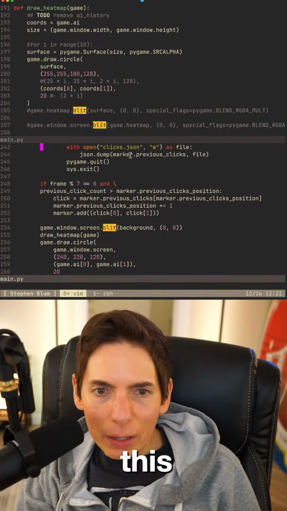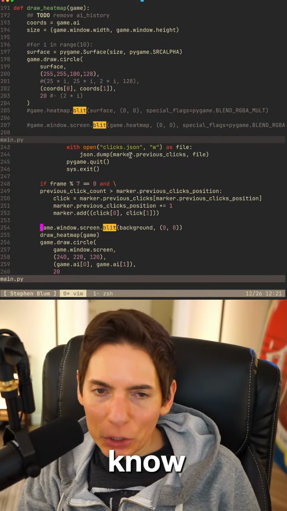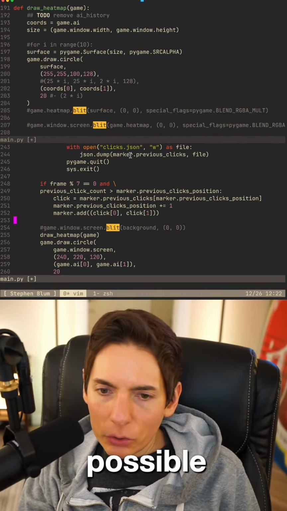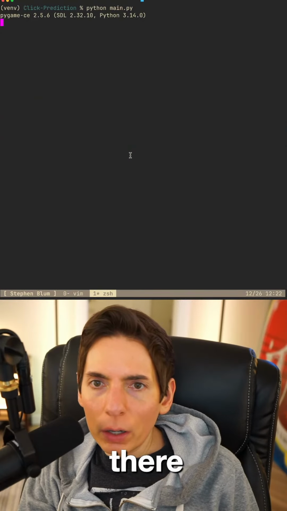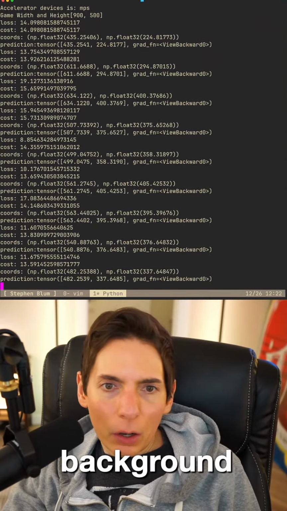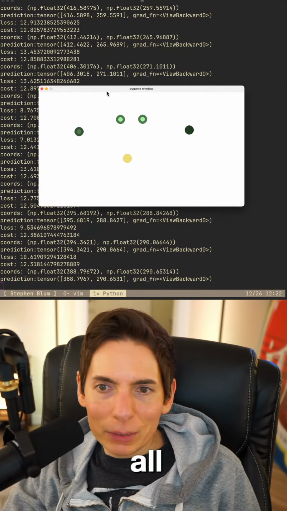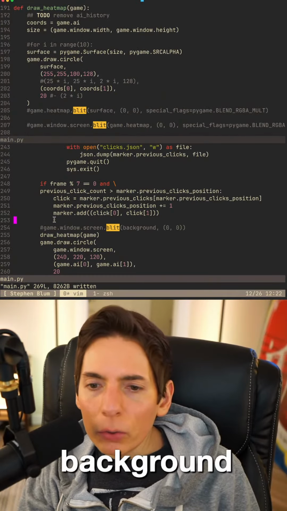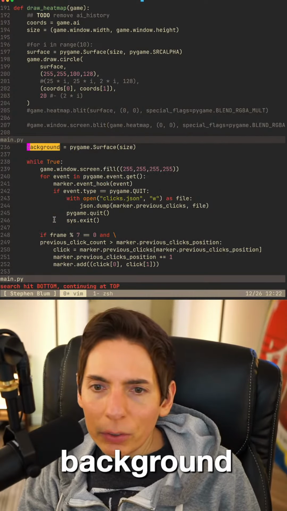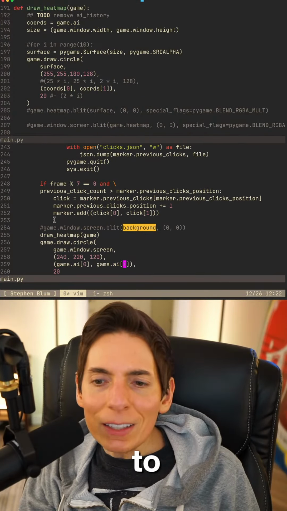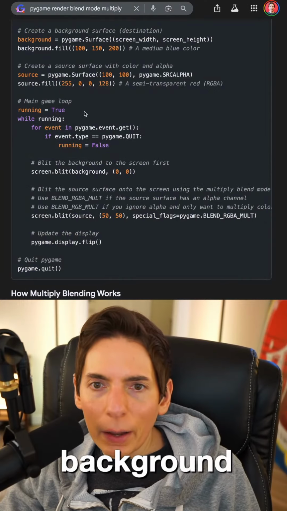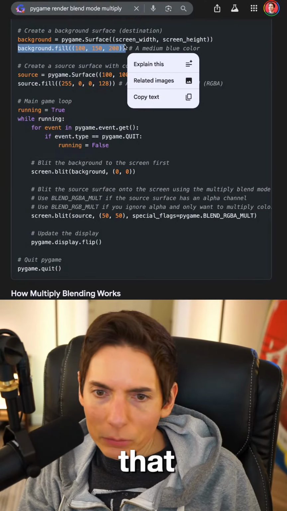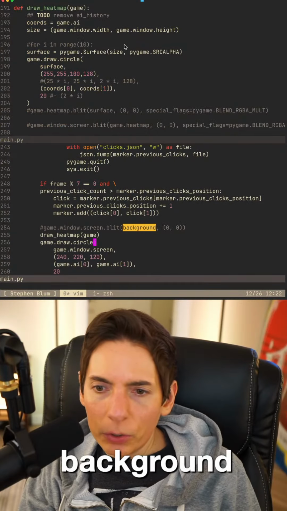Is this even going to work? I don't even know. It feels like it should work because it says it's possible. What color was the background? Oh, hey, here. All right, well, the background is definitely in there. What did we set the background to? Oh, we didn't. We didn't fill the background. I forgot to do that. Let's fill the background. Where was that at?